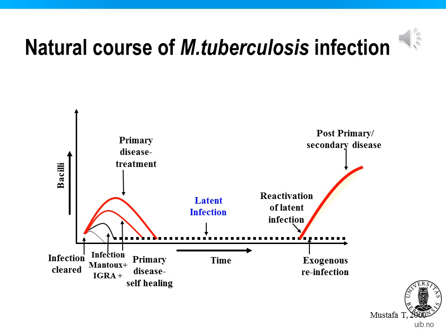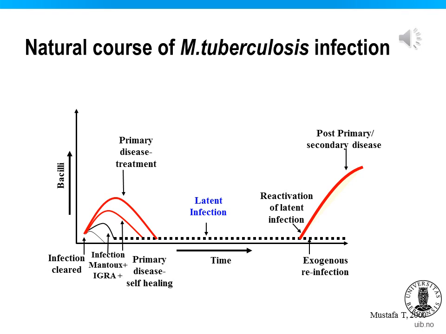Latent infection is a phase when the person harbors Mycobacterium tuberculosis in the body but has no signs or symptoms of the disease. This can occur after primary infection or after primary disease, even when it is cured by itself or by chemotherapy. Here, the host immune response has been generated to control the pathogen and force it into a quiescent state. Dormant bacilli can remain alive within the human host for lifetime. Individuals with latent TB do not transmit the disease.